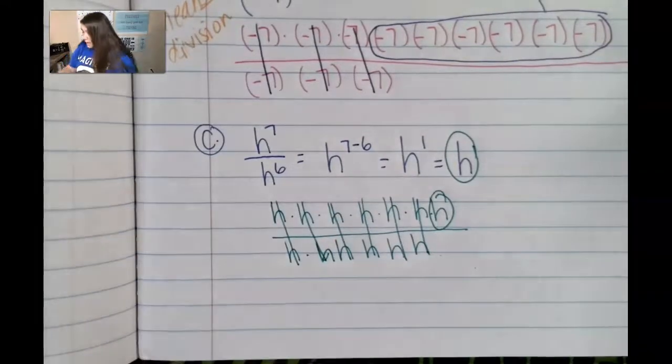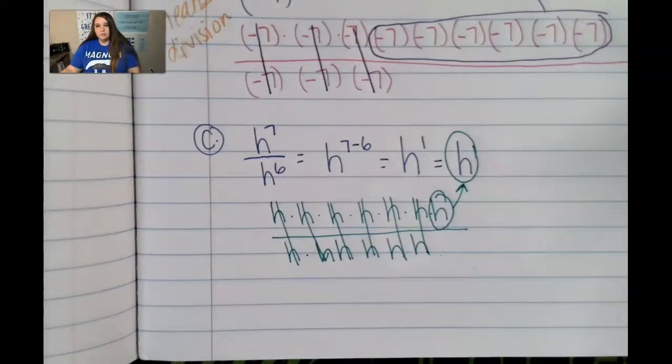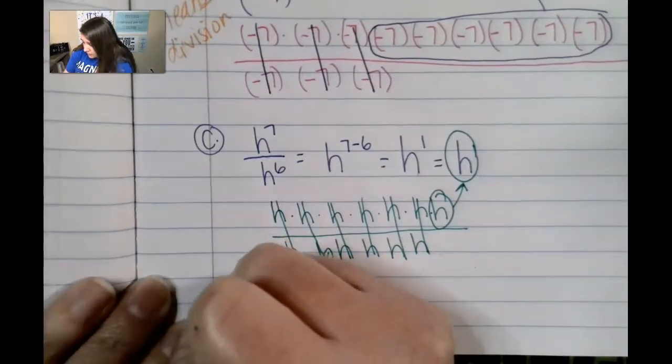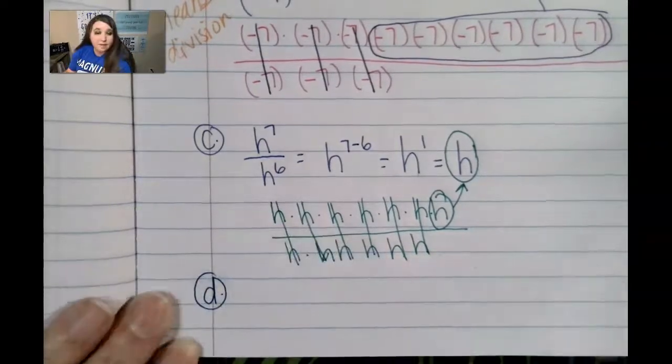You get one h left over, which is our answer. Okay, let's do one more example with the repeated factors, so simplifying. And this time I want to do it as a fraction so that you have that example in your notes. Okay, so our last example before we talk about the definition